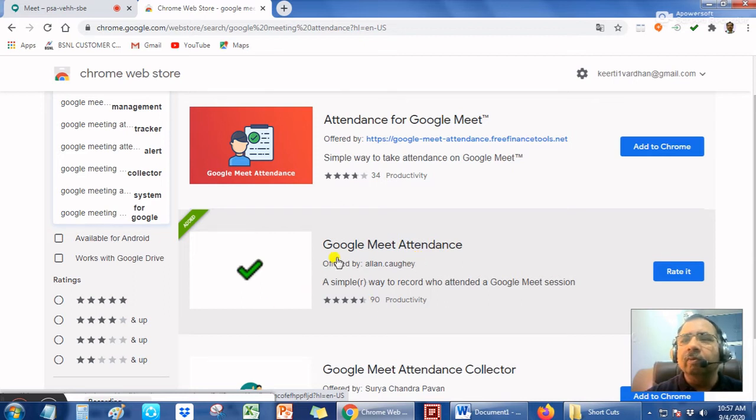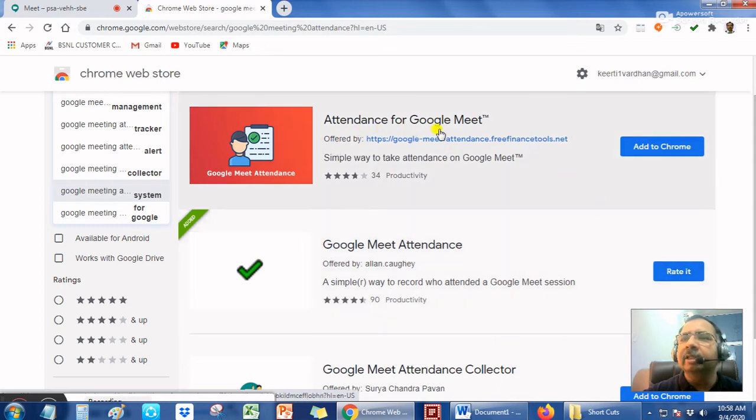When you open this screen, on the right hand side here it is written rate it, because I have already installed this. But in this attendance for Google Meet, you see that here it is written add to Chrome.